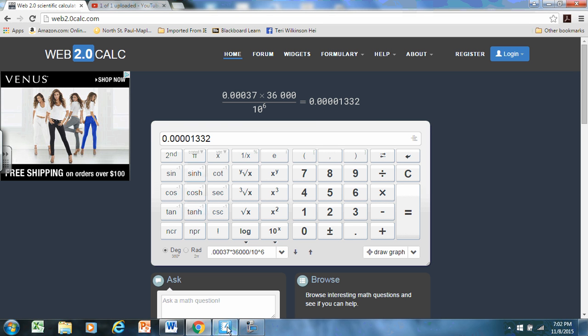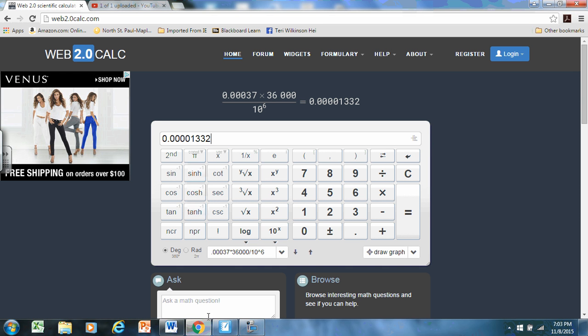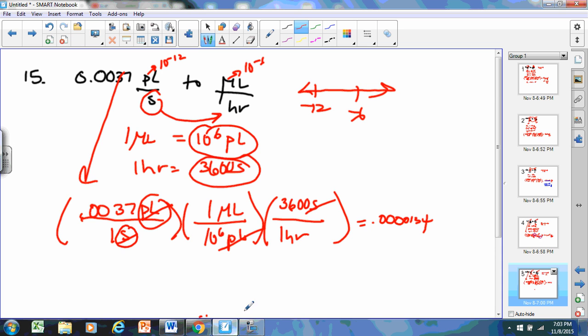So if I come back over here, I have 0.000134, I think. It's tough to flip back and forth. No, 0.000132. Okay, back here then. 0.000132, but this number has 4 sig figs. This number only has 2, and so the best answer is